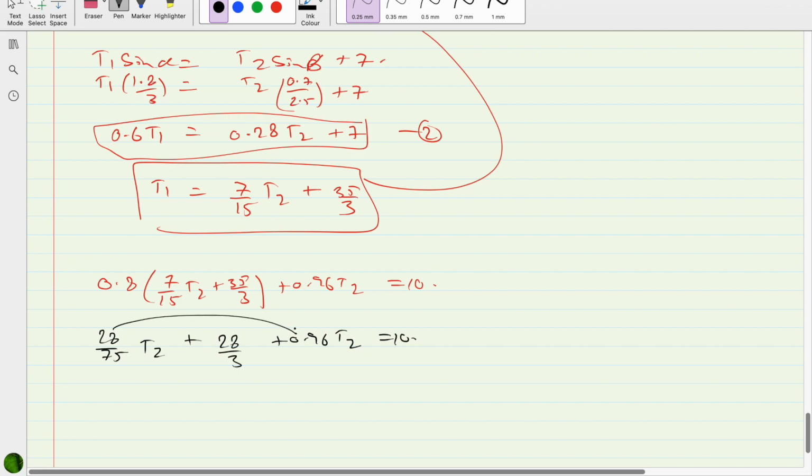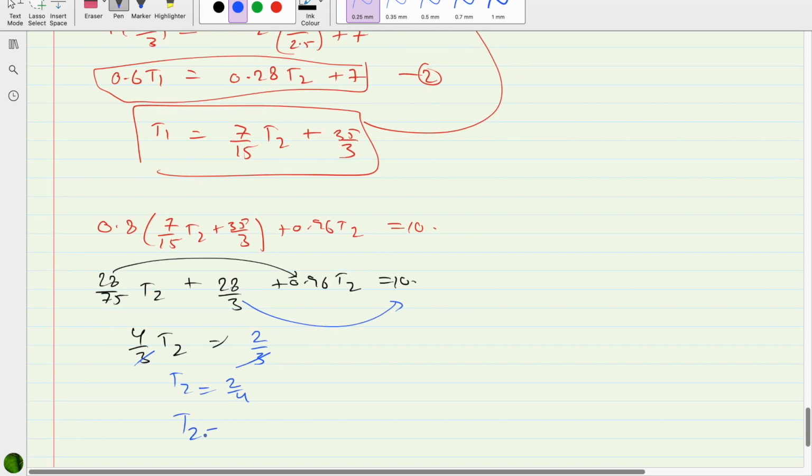Now I'm adding these two directly. 28 by 75 plus 0.96 gives me 4 by 3 of T2, and I'm subtracting this on the other side. 10 minus 28 by 3, I'm getting 2 by 3. So T2 is equal to 2 by 4, and T2 is equal to